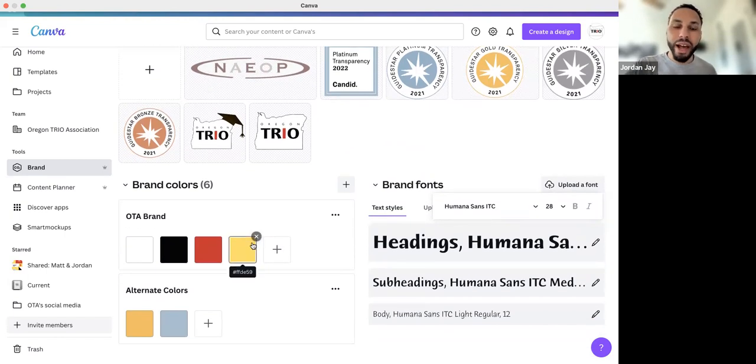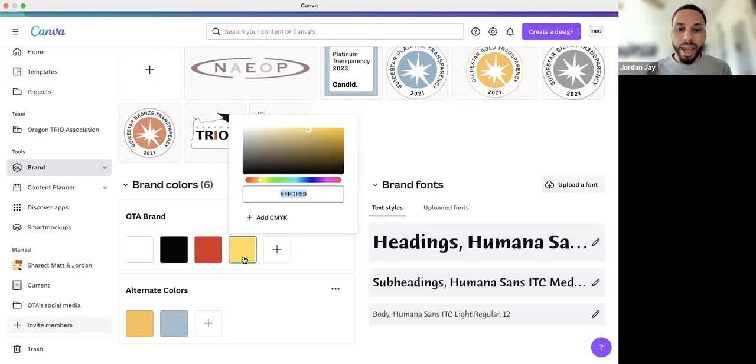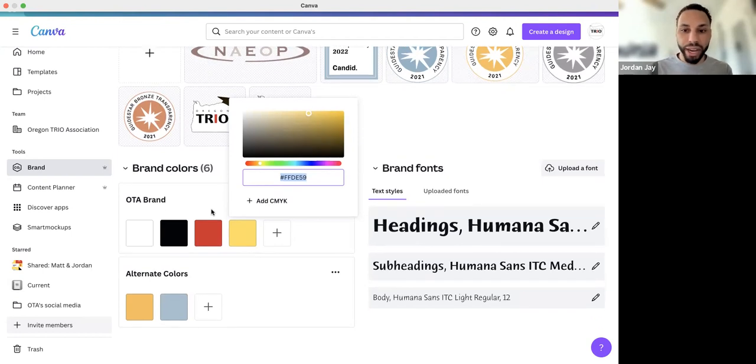But if there are other colors, there's the hashtag sign there and then the code. If you know those codes for any colors you have in any other application, whether it's Word or any Microsoft product, or Adobe, you can just copy and paste that code here and save it to your brand.